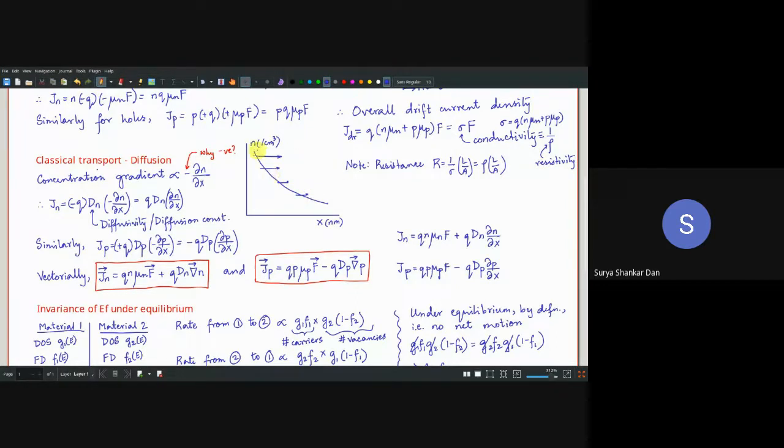So that means as the slope decreases, the rate of carrier flow decreases. So that is why it is negative. समझ में आया सबको? So that means as X increases, okay, आपका ये del n and del X is also decreasing. As a consequence, if del n and del X decreases, your current decreases. So that means the current decreases with increasing X. Simple. Okay, so you have to define everything with respect to the concentration.